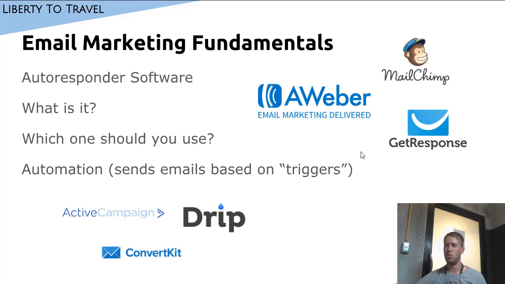All the alternatives were pretty bad in terms of they had bad deliverability. What that means is when you send an email, they were more likely to end up in the spam folder or in the promotions tab on Gmail. Whereas with Aweber and GetResponse, it's very highly likely that your emails end up in the inbox of people. And that's why I started with Aweber and GetResponse. There's also MailChimp, which is also a big established company.